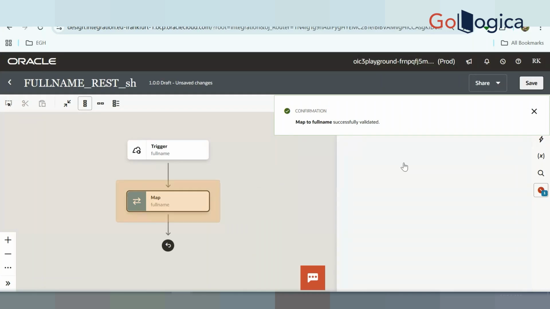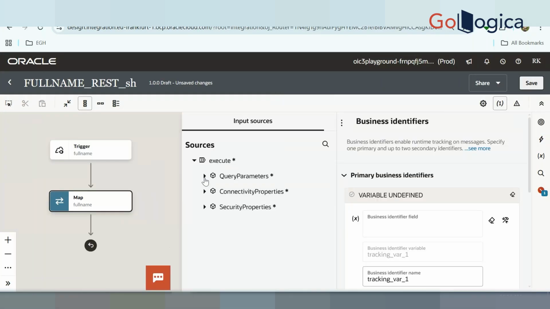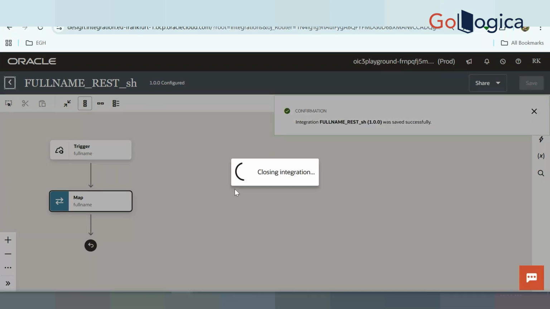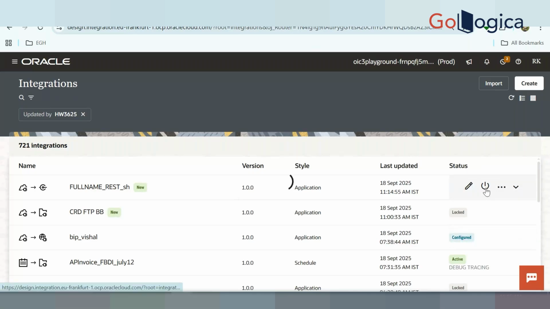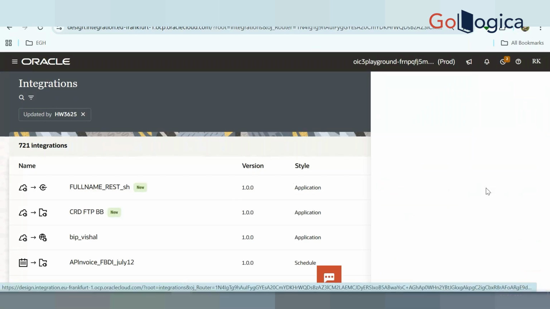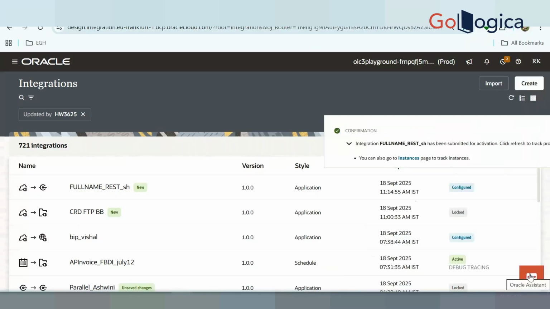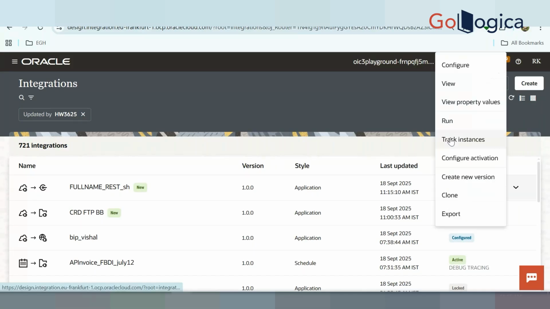We'll add business identifiers. Now we can run.